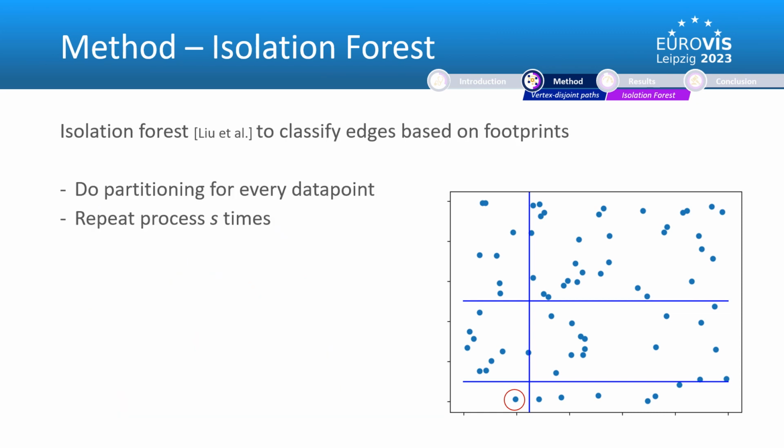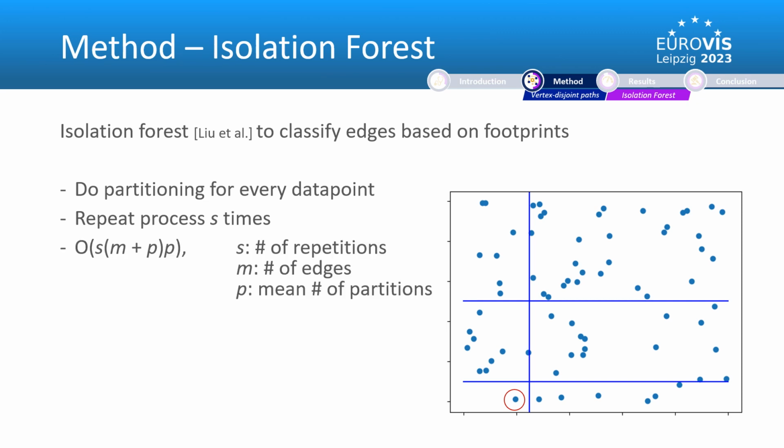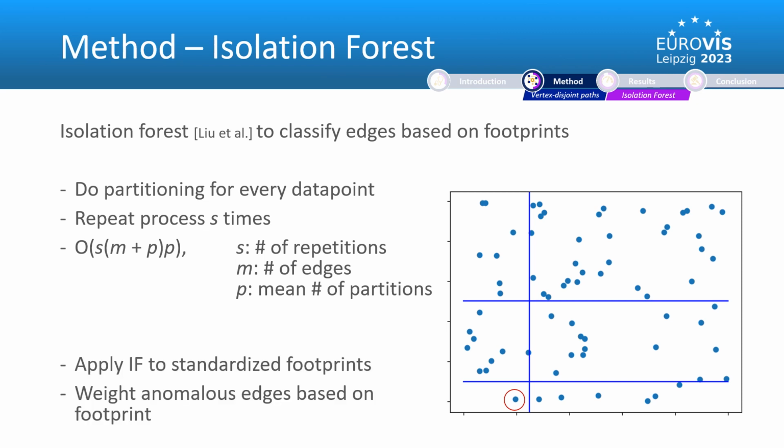We now repeat this partitioning process for every data point, then repeat these processes numerous times in order to get an average number of partitions. The average number of partitions for each point simply indicates how anomalous a data point is. After we standardize our footprints, we simply apply the isolation forest technique and subsequently weight the edges classified as anomalous